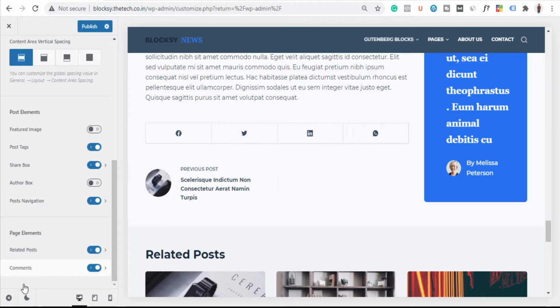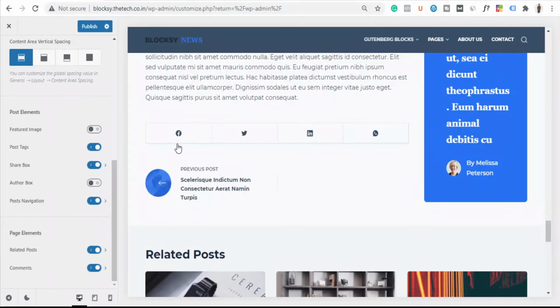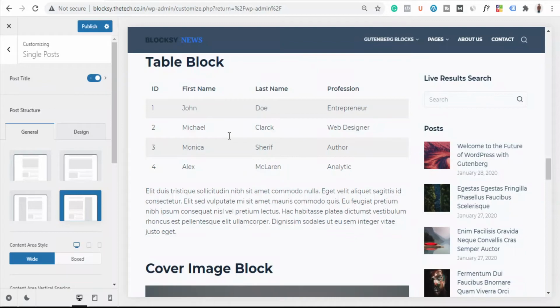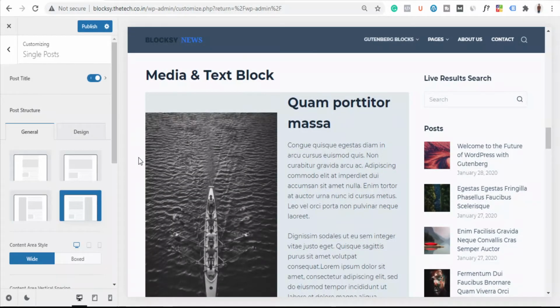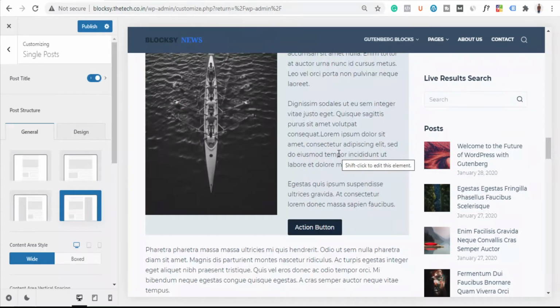And then we have a comment option. So comment basically means, if I go down, this is the comment option here. Okay, you want to keep it or not, let's keep it. Okay, and with that we are done with our single post option as well. Once you start playing around with the editing options, it will become very easy and very convenient for you to change.